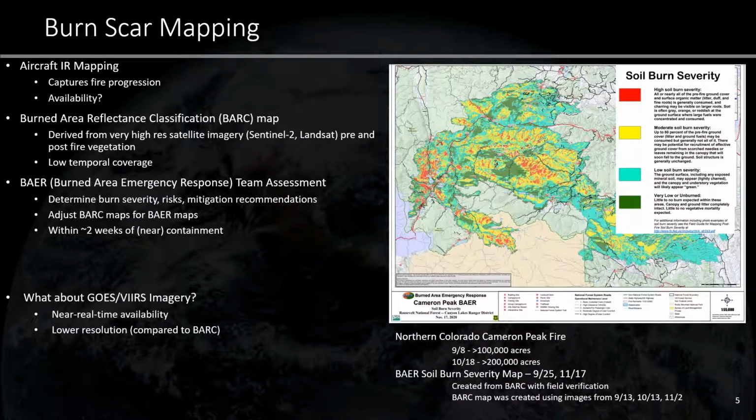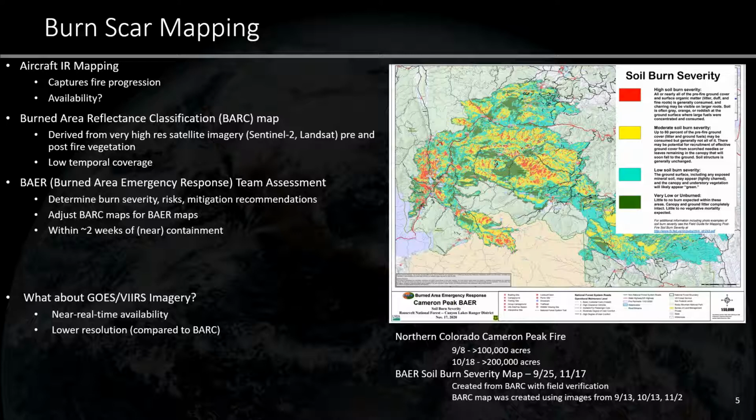So first things first, I want to talk about burn scar mapping, because obviously for providing DSS and issuing flash flood watches and warnings, we need to know where the burn scar is, and we want those maps in AWIPS and available to us to know how severe the burn is across portions of the burn scar. So while a fire is still burning, I think some of our initial maps will come from our